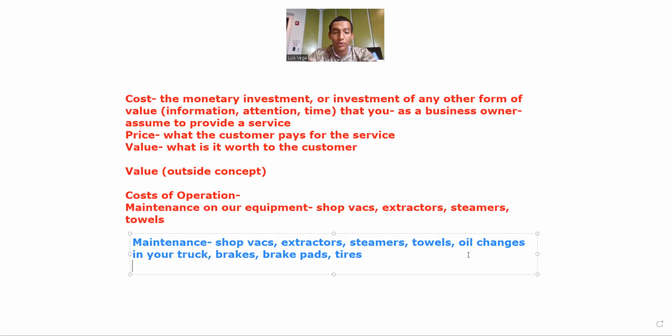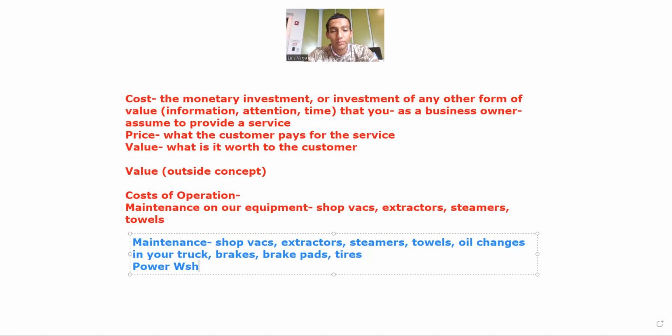So here is what we're assuming the cost is as far as having the equipment to provide the service, not just the maintenance on the equipment, but actually having the equipment, because we can't provide the service unless we have all this stuff, right? Unless you really, really wanted to take your time doing a hand wash with a garden hose, if your water works for it, then yeah, you can just always do it outside. But that's not the goal. The goal is not to spend 6 hours on a car unless you can charge $600, $700 for that, which you can probably. But here, right?